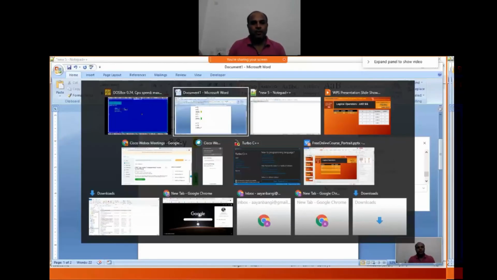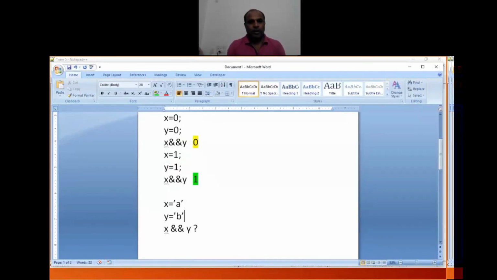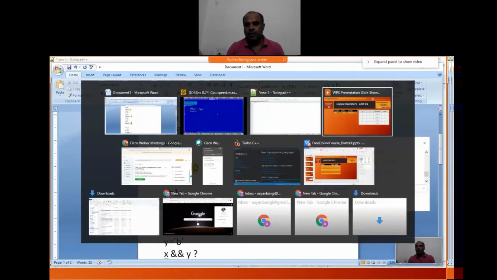Look at that output. Those who said 0, they have to correct their own compiler, that is your brain. It means you did not pay attention when I was explaining that anything that is non-zero on the left side and right side will evaluate to a non-zero value, that is 1. Let me go back to the problem statement again.